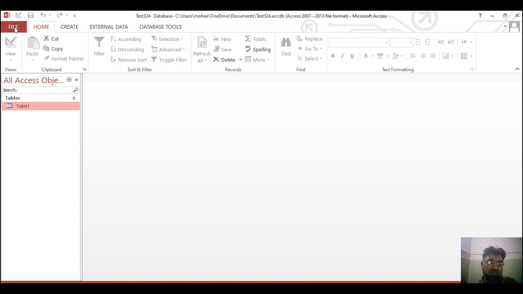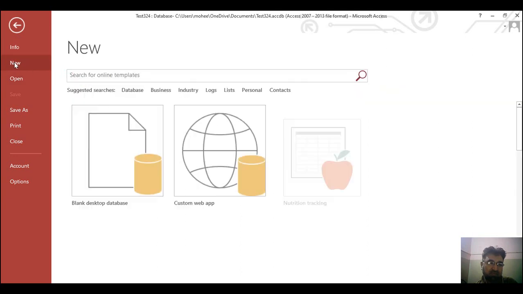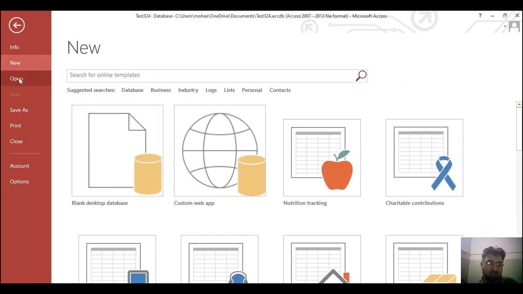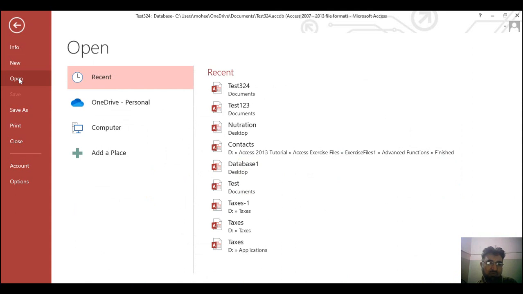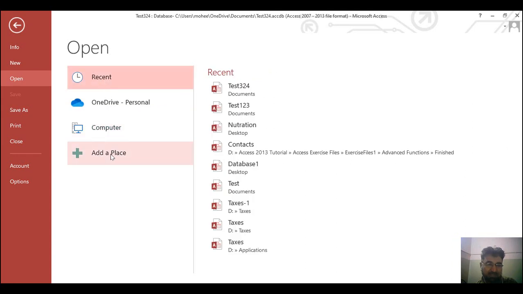So to move further in Microsoft Access, we have studied how to create a new file. Now if we want to open a database file which we have already made, we'll go to the open command. In the recent files, we even have OneDrive. We can open a file from OneDrive personal, we can open a file from our computer, we can see it in the recent files, or we can add a place.